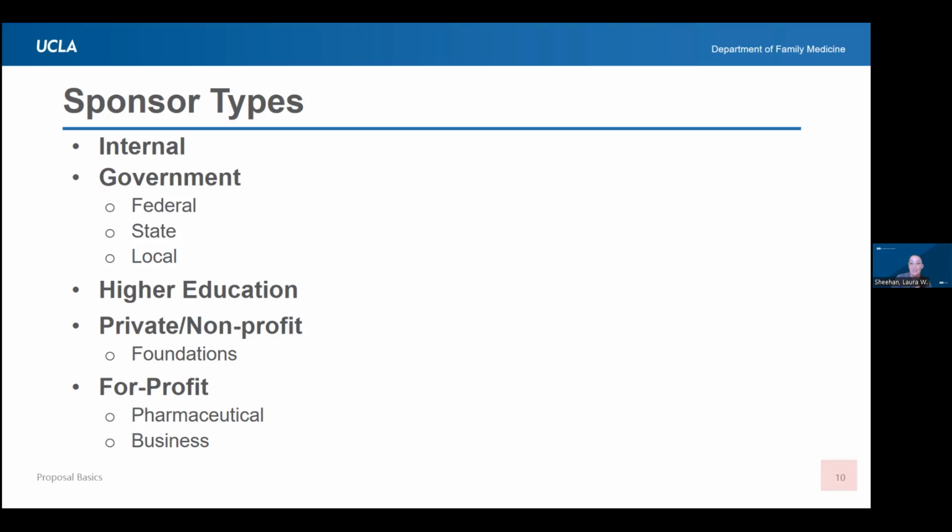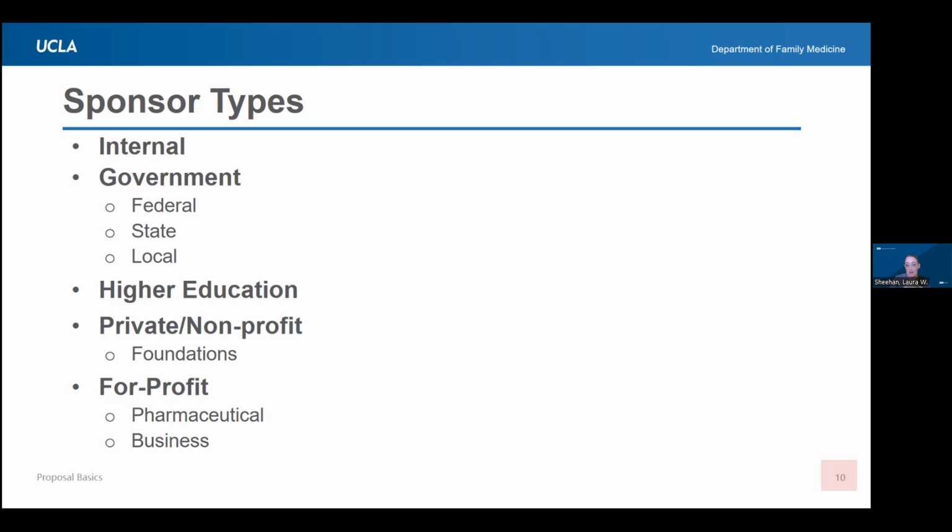Okay, great. So we've got internal sponsors. That is, if somebody at your institution is giving money to somebody else at your institution. These are considered internal. It's not extramural funding, so it often does not need to go through an authorized official. An example would be actually CHIPS. Let's say you are at UCLA and CHIPS is going to give you some money to do work here at UCLA. That's internal. It doesn't have to go through the central office to get approved.